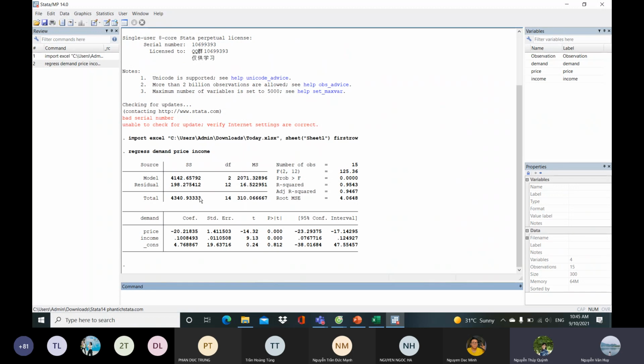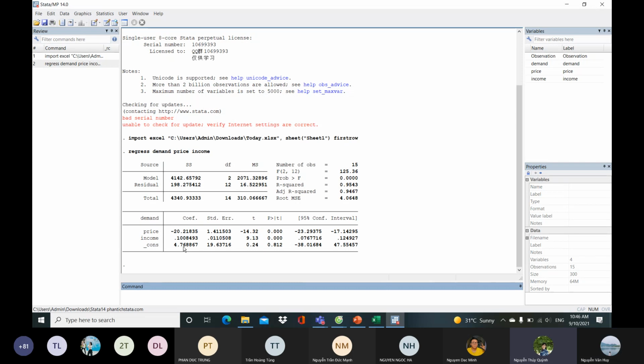Then I will have a Z table. First, here is beta 0, here is beta 1, here is beta 0 hat, here is beta 1 hat, and here is beta 2 hat. And from that we can have a sample regression model equal to